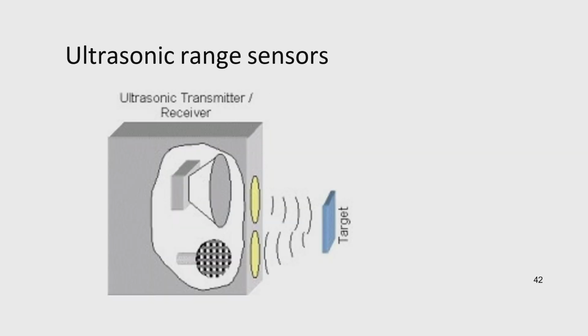So, we have ultrasonic range sensors. Everybody knows that we can emit ultrasonic waves. The ultrasonic transmitter will hit a target and then it will come back, the target will reflect that signal and it will be received by a receiver. By that we come to know how much time it has taken from when I emitted the ultrasonic signal until it came back, and we know the velocity of sound. So by that we can know the distance, etc.